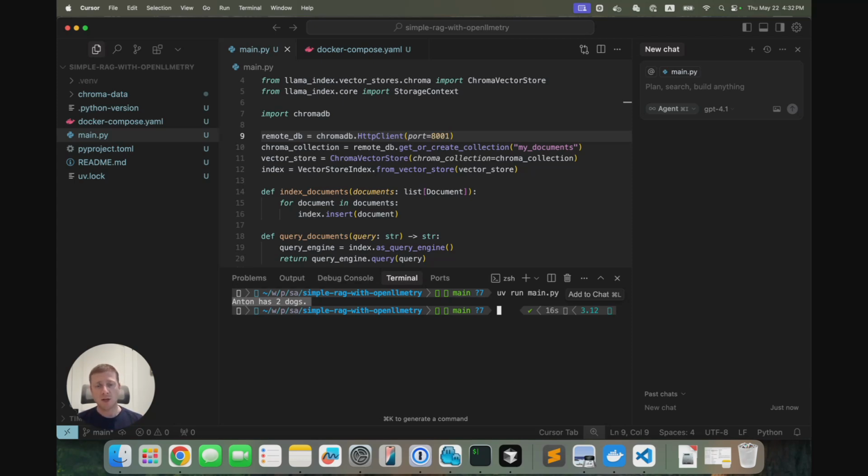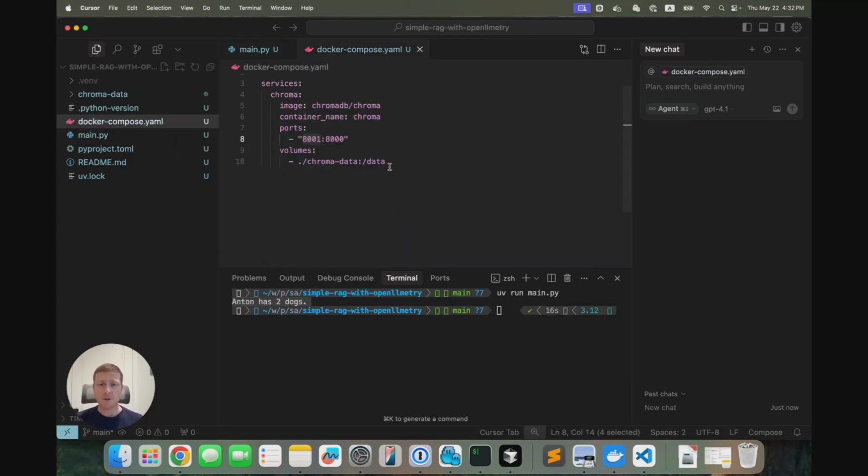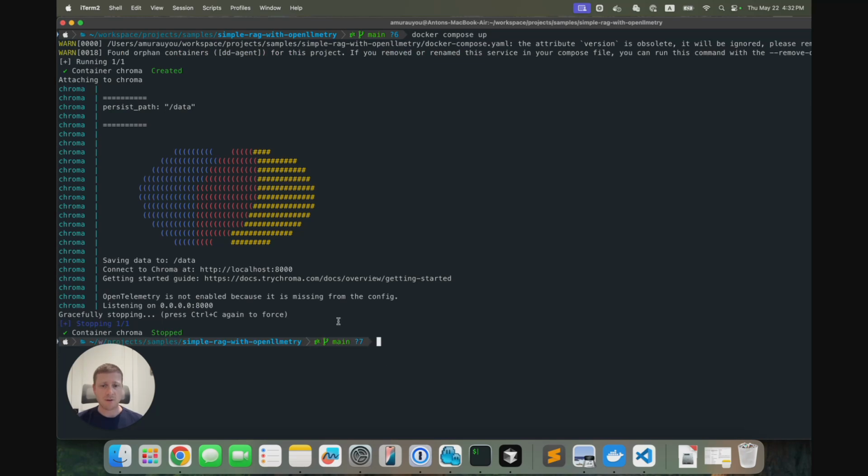So if you're following along, make sure to set up your Datadog account and get the API key. I have it already there, so I will be setting it via the envvars everywhere. But first and foremost, I'm gonna run the Datadog agent within the same Docker Compose file that I have. So let's go back, stop the Chroma,